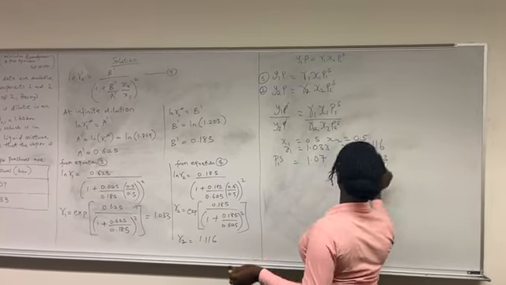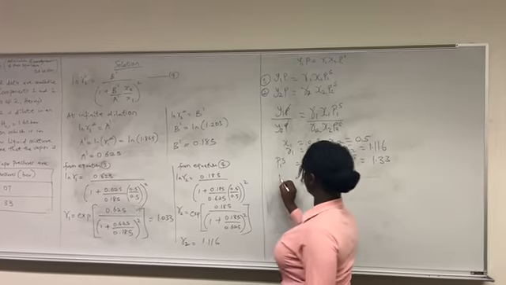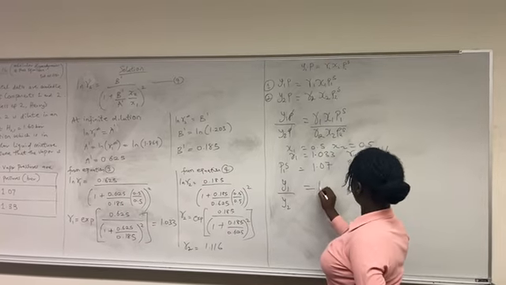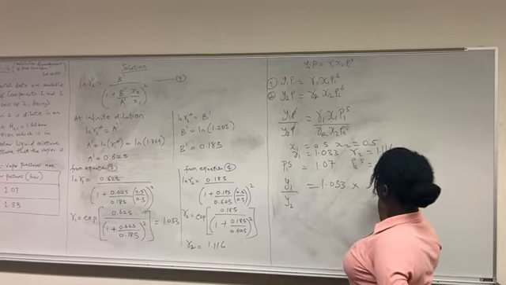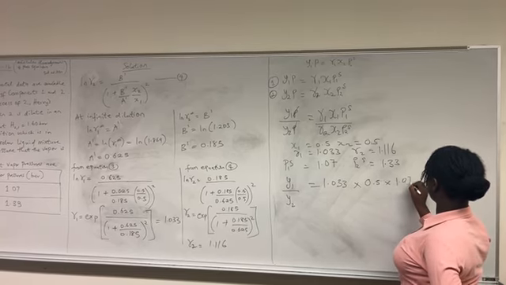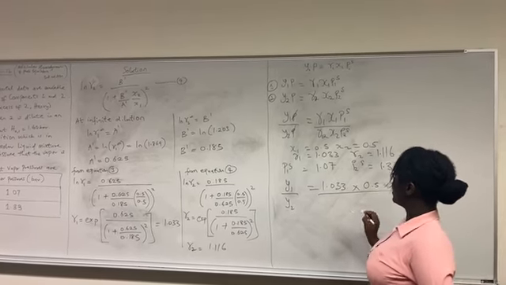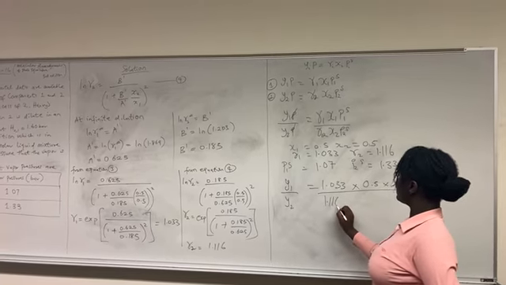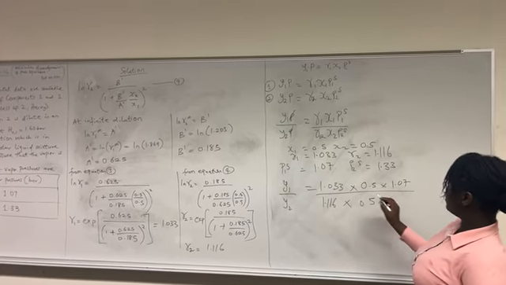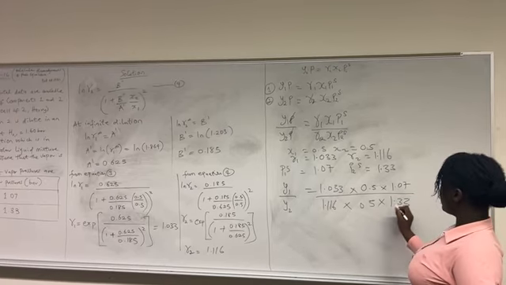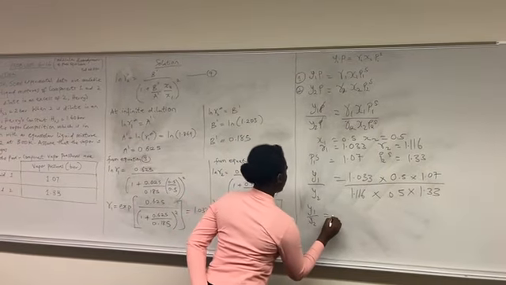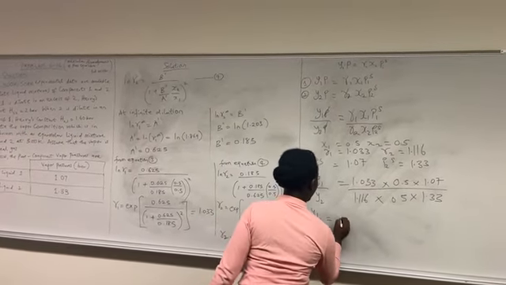So substituting all these parameters into the equation, we get Y1 on Y2 equal to 1.033 times 0.5 times 1.07 all over 1.116 times 0.5 times 1.33, and from this we get Y1 on Y2 to be equal to 0.7